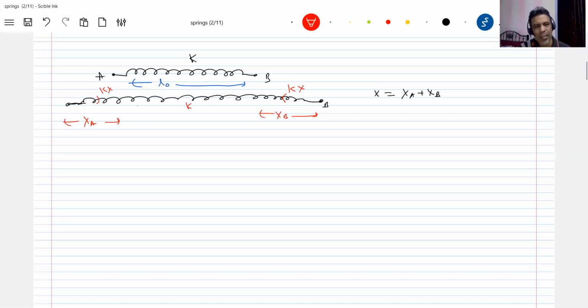You know directly from here what the increase in length is. This end I'll move by 1 centimeter, this one by 2 centimeters. What is the total increase in length? 3 centimeters. So the total elongation of the spring is 3 centimeters. So how much is the spring force? Total elongation into spring constant will be the spring force. As it is elongated, our spring force should act at the ends directed towards the center. Similarly, I will compress the spring.